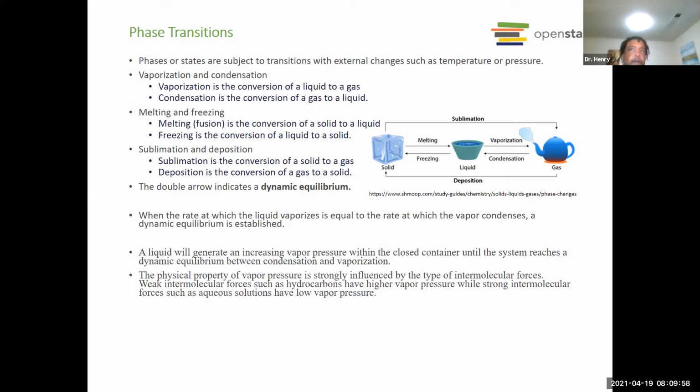Okay, so when we talk about phase transitions, you guys know that the general phases are solid, liquid, and gas, right? So when you go from a solid to a liquid, that's melting. That process is melting. We also call that fusion, okay? When we go from a liquid to a solid, we call that freezing, right? Good. Okay, so when we go from a liquid to a gas, we either say that's evaporation, or we